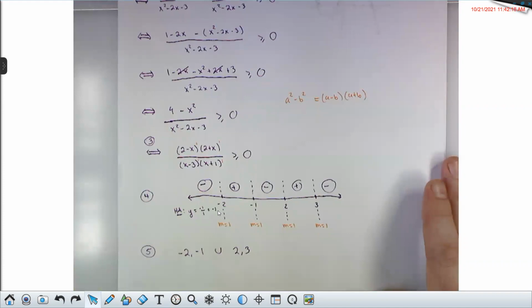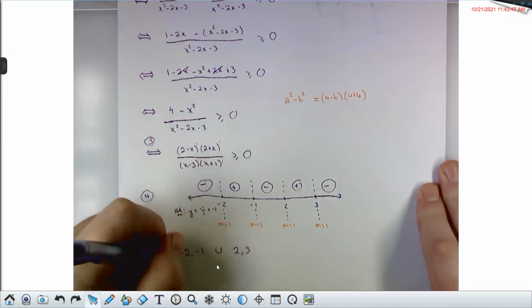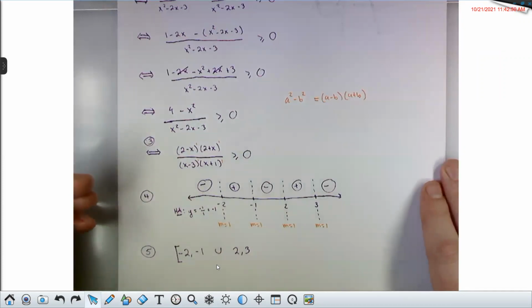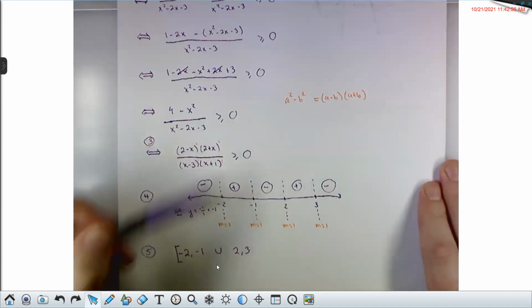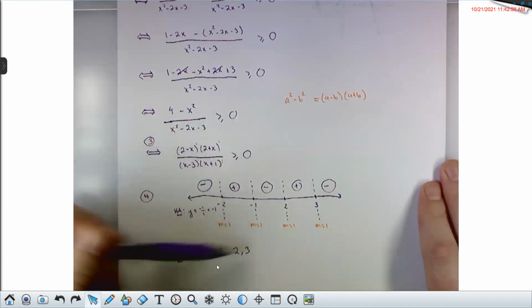And this time we need to be careful with the endpoints. So let me start with -2. Should I use a bracket or a parentheses on this, and why? Is it a bracket? It is. Yep, it is a bracket. So why should I be putting a bracket here? Is it because the inequality is greater than or equal to? True, right? The greater than or equal to means maybe we have some brackets. If it was a strictly greater than, then it would all be parentheses.